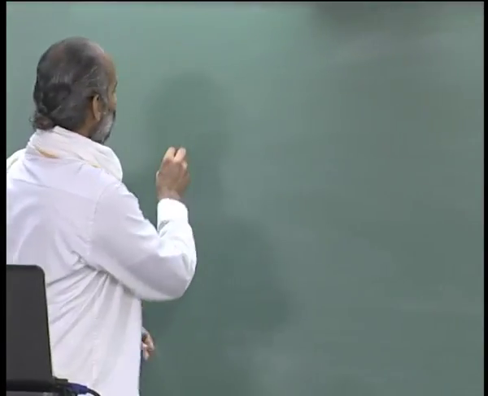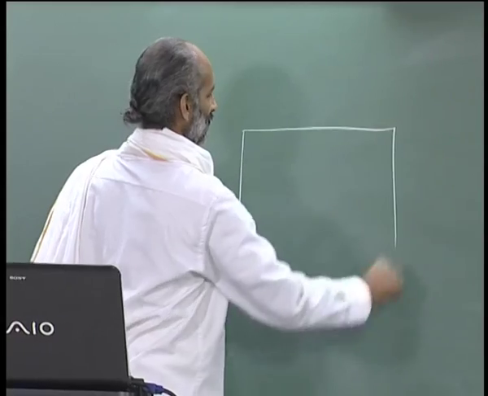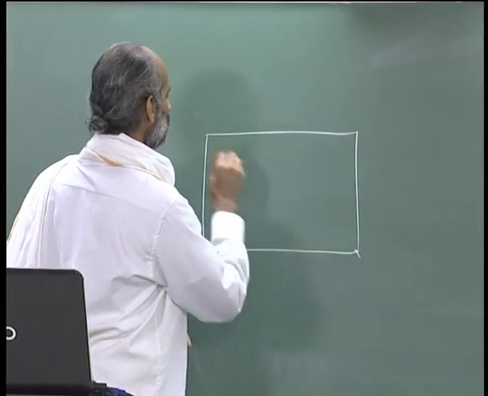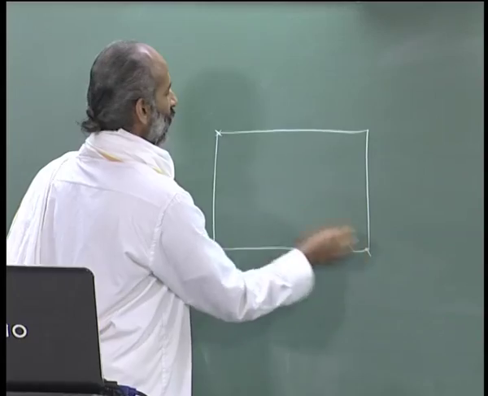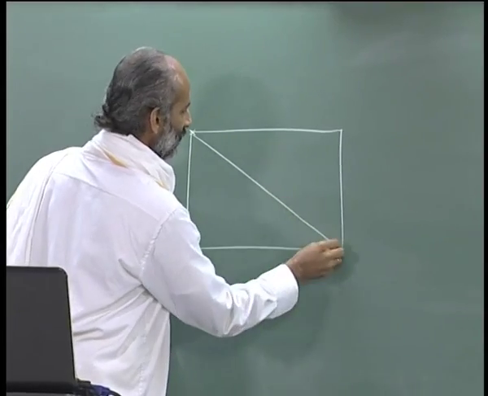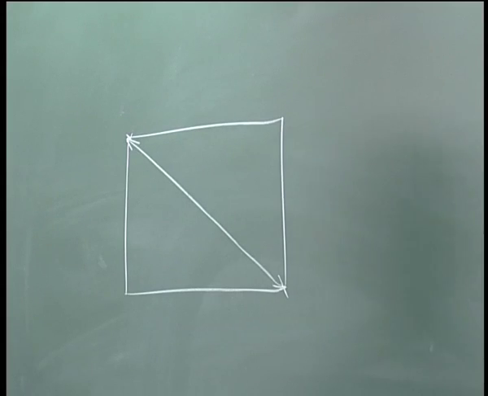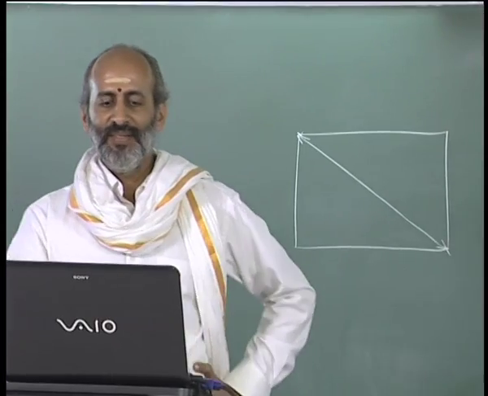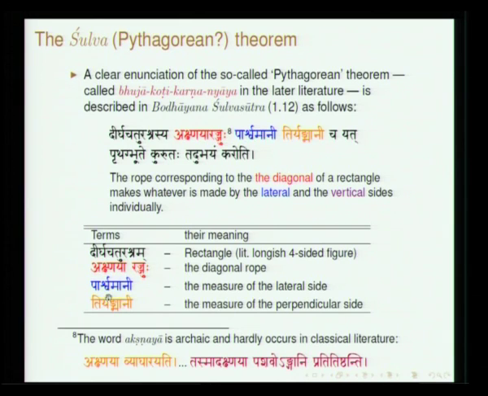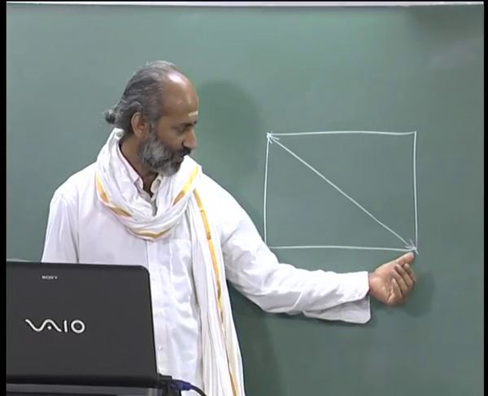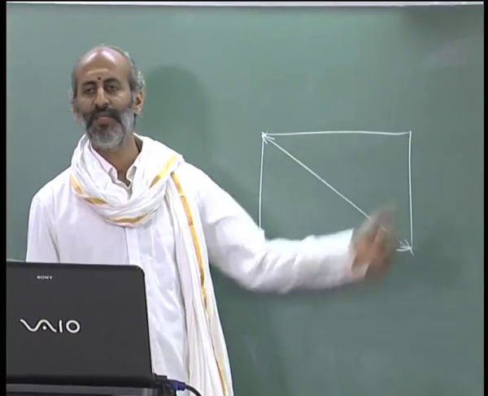So Kona, see, for instance, if you draw a rectangle, this is a Kona, corner. Kona Chhidrataha Antara means this particular thing is what is referred to as Akshnaya. So Akshnaya Rajjuhu refers to this. So this is a Dirgha Chaturashra. Dirgha Chaturashra Akshnaya Rajjuhu. So this can be taken as Parshvamani and this can be taken as Tiryangmani.